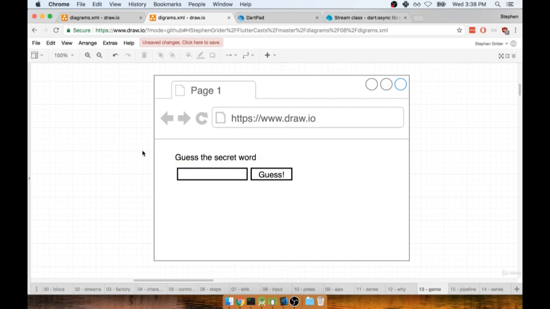You and I are going to set a kind of secret word inside of our application. We'll then present our users with an input and a button. Our users are going to type in some guess at the secret word inside of here, like, I don't know, banana, and then they will click on the guess button. When the user clicks on that button, we're going to look at the text inside that input, we'll compare it against the secret word, and if the user guessed correctly, then we'll print out a message telling them, hey, nice job,